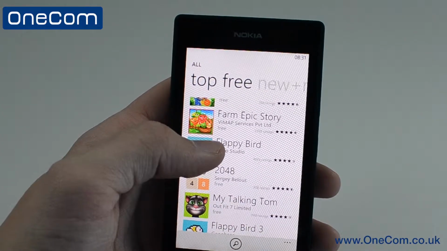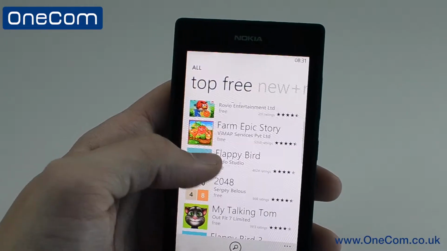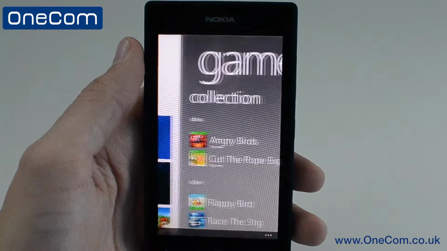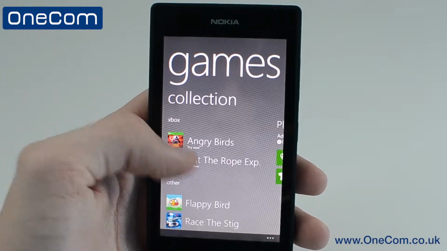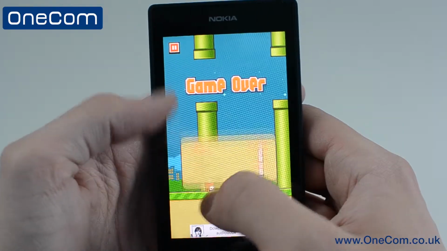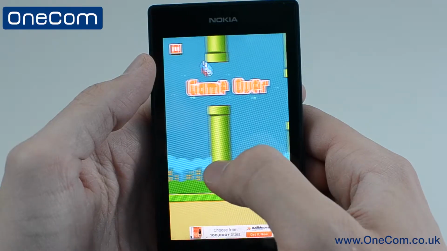So we're going to go ahead and download Flappy Bird, which is one of the most popular applications that was released this year. Once it's downloaded, if you just go back to the main menu, open up the games, and from here we have the list of applications that have been downloaded. Now we'll just take a look at a demonstration of me playing Flappy Bird. As you can tell, I'm not the greatest, but